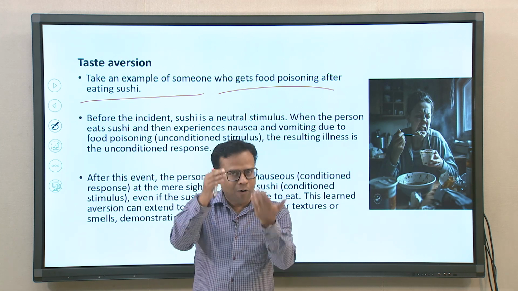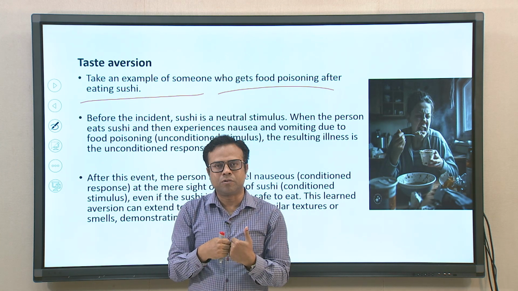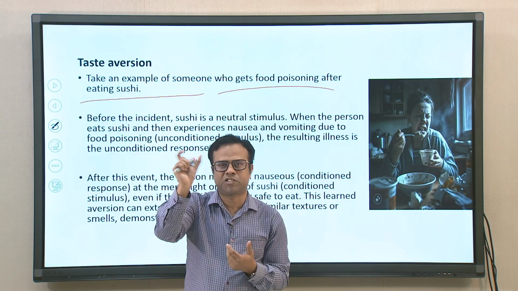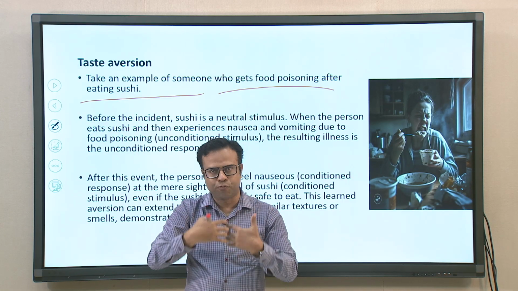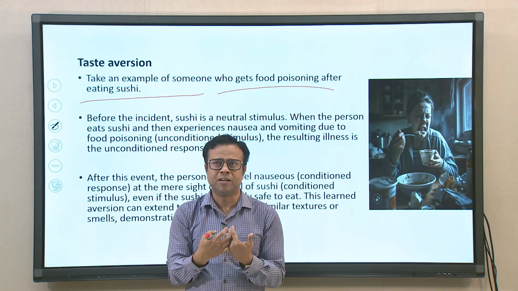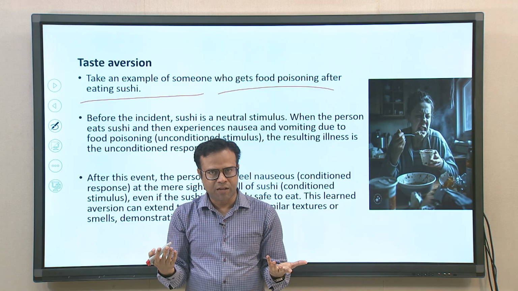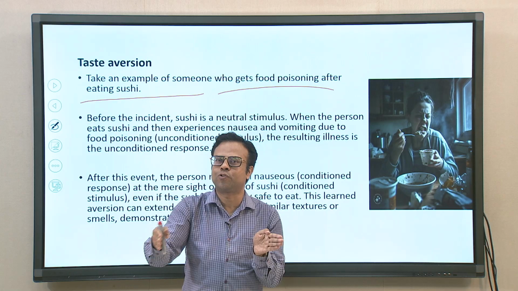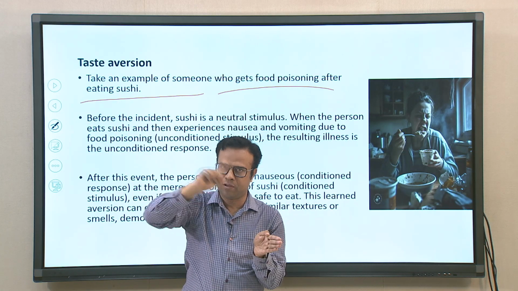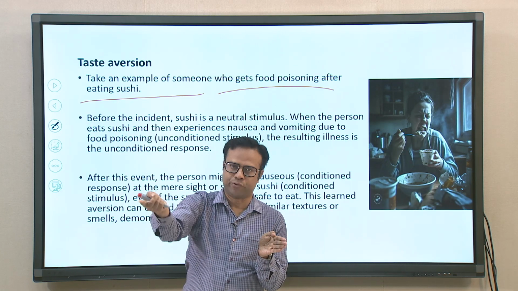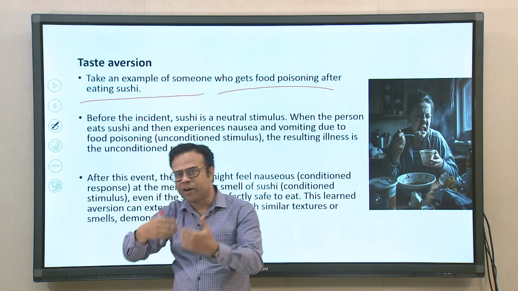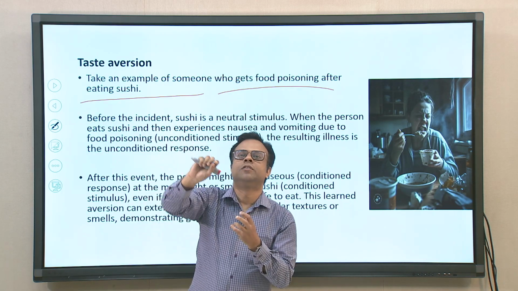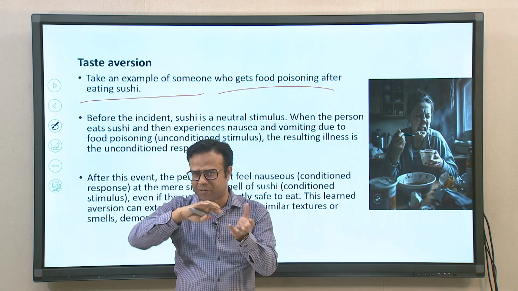Now this food is not a problem after that, because this was just one incident. After that the food, whatever sushi or Maggi you are eating, is a very normal food, okay? But still you will not be able to eat it, or you may not like to eat it, simply because of that association of vomiting with that food on one day. The next moment whenever you try to eat, that whole thing gets stimulated